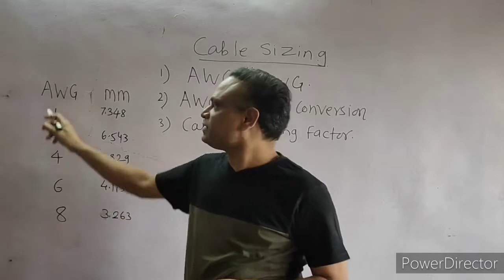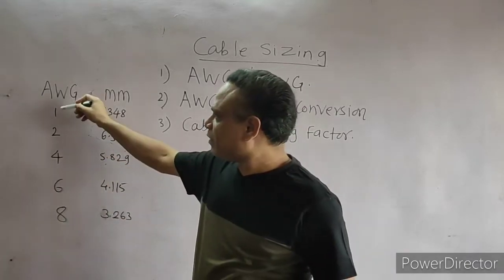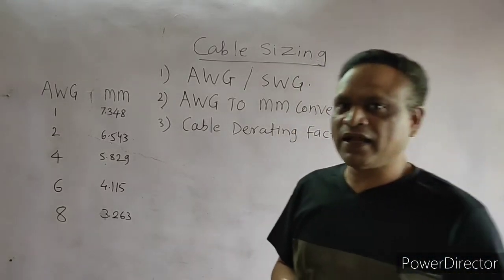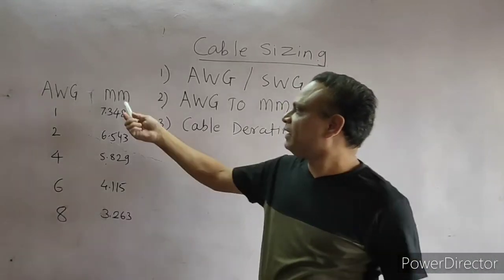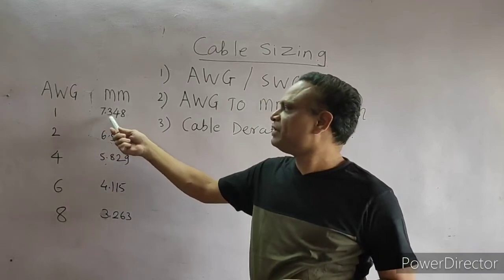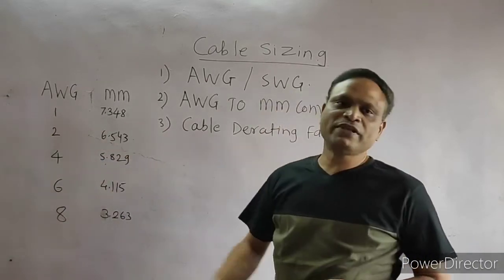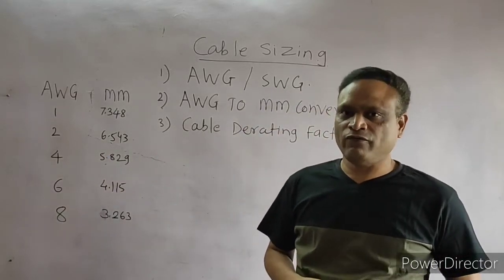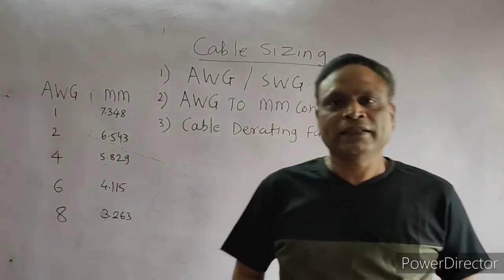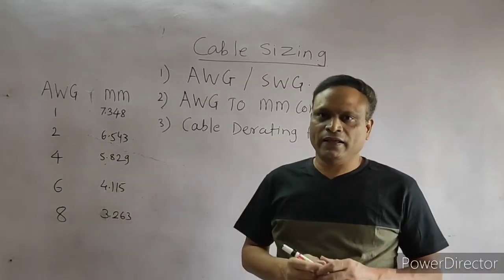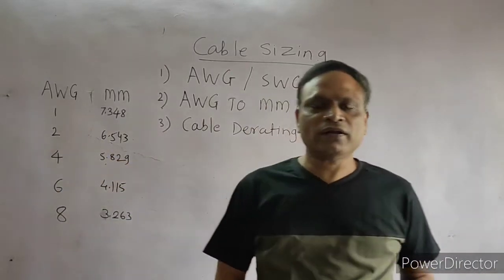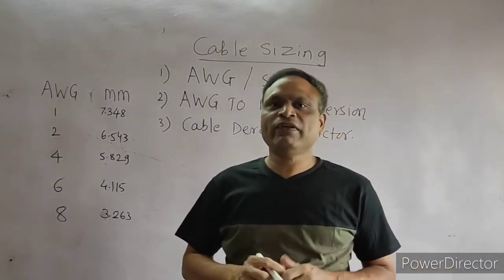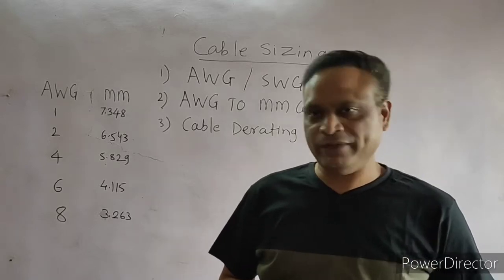So actually it is American wire gauge. The readings may be 1, 2, 3, 4, 5, 6 up to 40. The American wire gauges are available. Accordingly, the diameter in mm is 7.3 for 1 gauge, 6.5 for 2 gauge wire, and so on. The greater the gauge number, the smaller will be the size of wire and it will have a reduced current capacity.